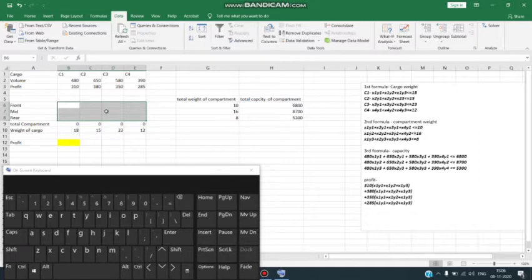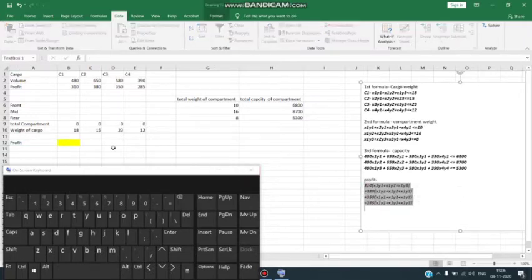The next step was to identify the objective. My objective here was to maximize the profit. And for that, we already have created an equation to achieve the profit. So I'll add this equation to my profit column. If you look at the equation clearly, it says 310, which is my cargo 1 profit, should be multiplied by each section value to achieve the profit for cargo 1.